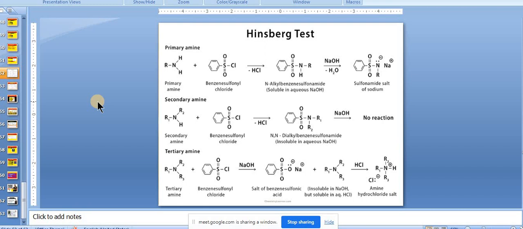Soluble in aqueous HCl. Why? Because you know these amines are basic, and 3 degree is more basic, and it will react with acid to form a water-soluble salt. Basically, if this question is coming, they may usually ask with 1 degree and 2 degree only. They will not ask for 3 degree. If you write simply that 3 degree won't react, or that it is insoluble in NaOH but soluble in aqueous HCl, this we have to write, because otherwise the distinguishing feature will not be there with 1 degree and 2 degree.